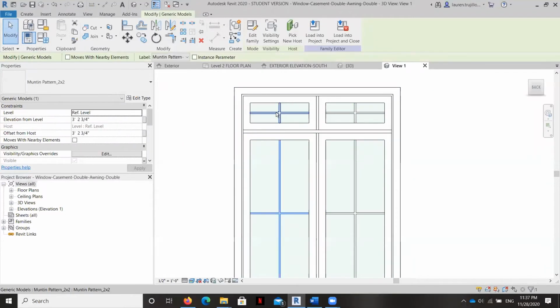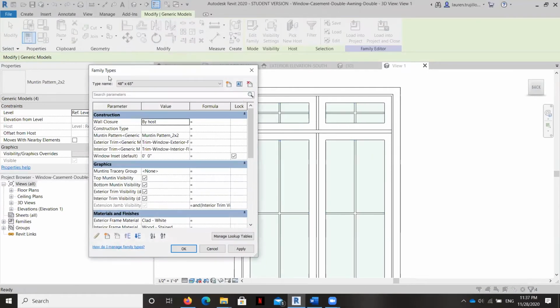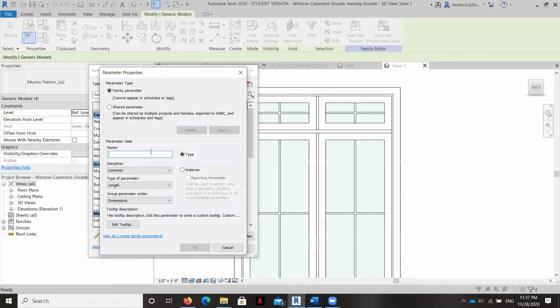Here's what I'm going to do. I'm going to grab them all right here, just like we did before, but I'm going to add a parameter, and I'm going to call this parameter Muntin Stain, so that it looks like tracery.